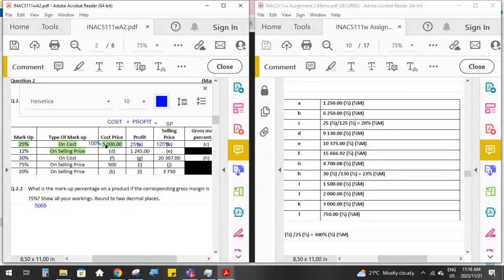When I know how much 1% is, I can then multiply that value by 25 to get my profit, and I can multiply that value by 125 to get my selling price. So you can do it like this, either 5,000 divided by 100 multiplied by 25 equals 1,250,